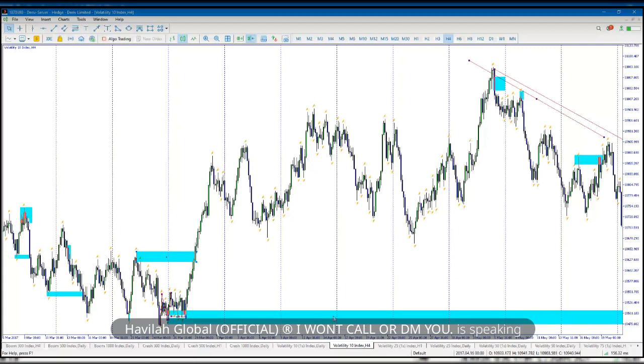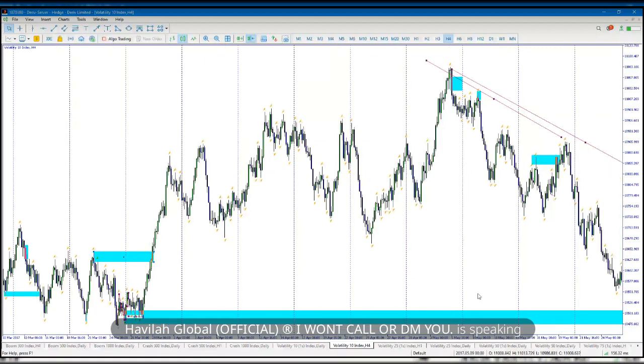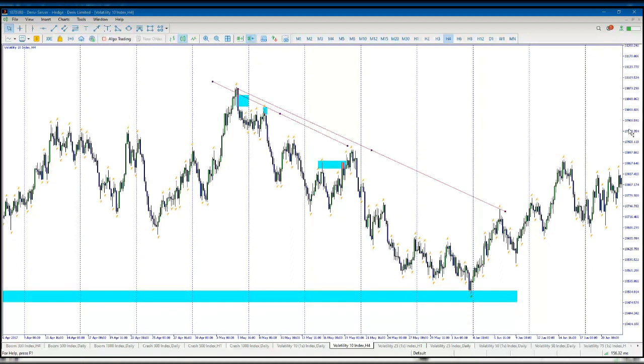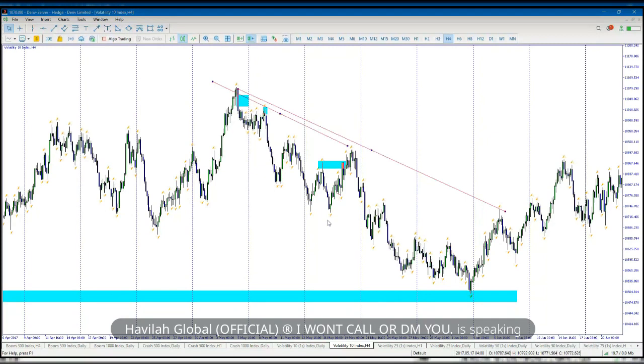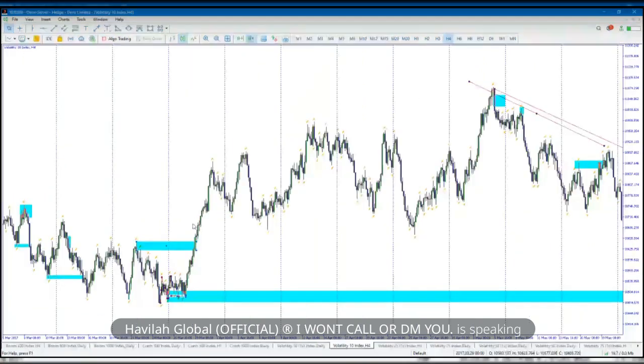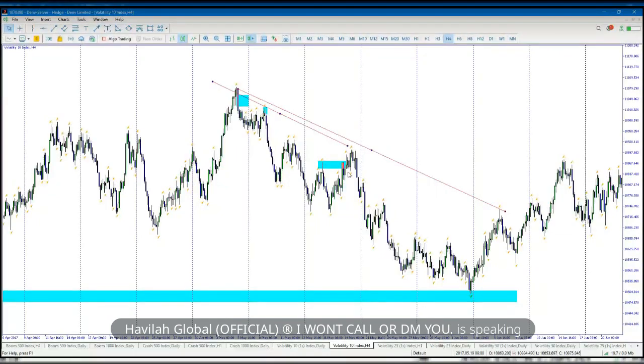We have our POI that we are expecting price to come and tap. So having a knowledge of institutional candle from the higher time frame perspective, you will know that this is a foul play that is happening here. You see the reason why you shouldn't joke with your higher time frame POIs.